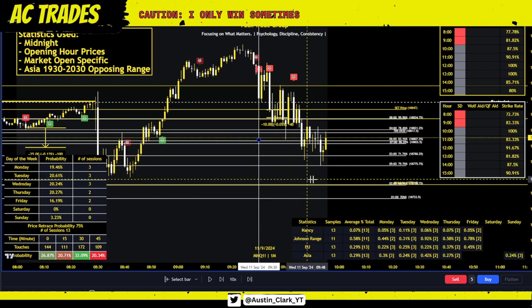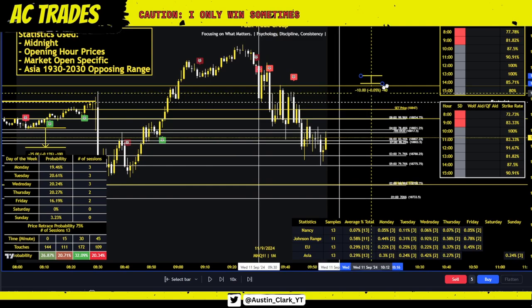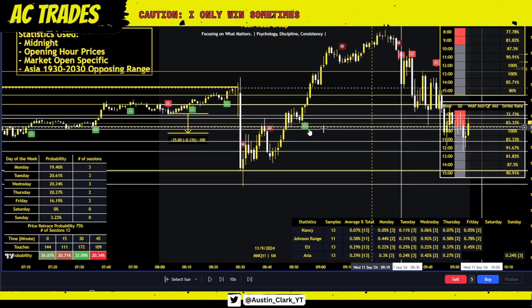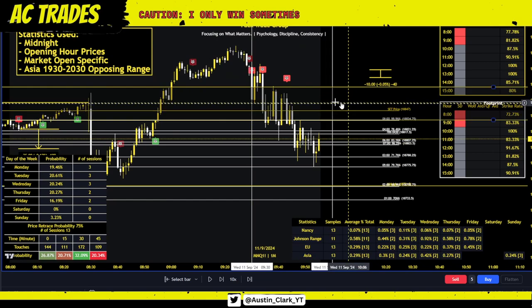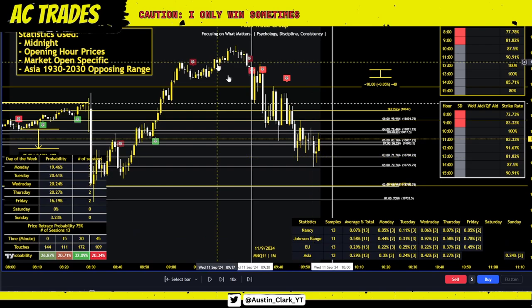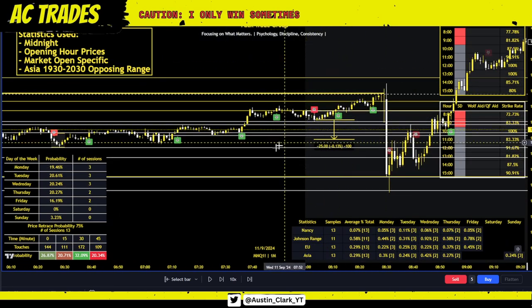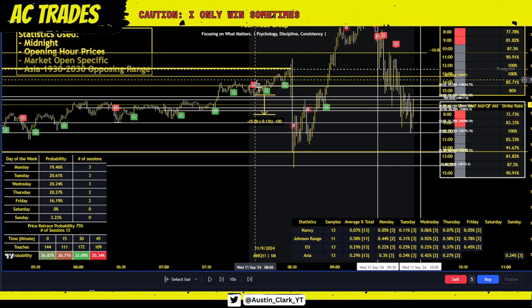So right here, 9:30 to 10 o'clock, I had bearish distribution at 9:34, and look at exactly the time window we were in. Even though we retraced all the opening hours here, the statistic does not care if you measure from 9 to 10 and it shows you these high probabilities from 9:30 and the 45 minute. That's a new set of statistics, right? Just like how starting at 8 o'clock, I don't care how many times we retrace midnight back here. I care about what the statistic says we're going to do starting at 8, because that's what it's measuring. That's what it's telling us.